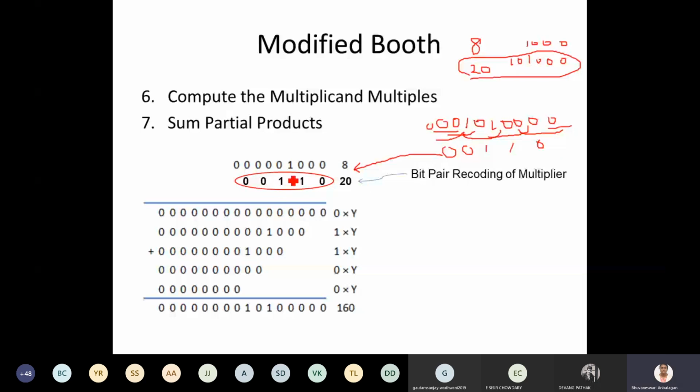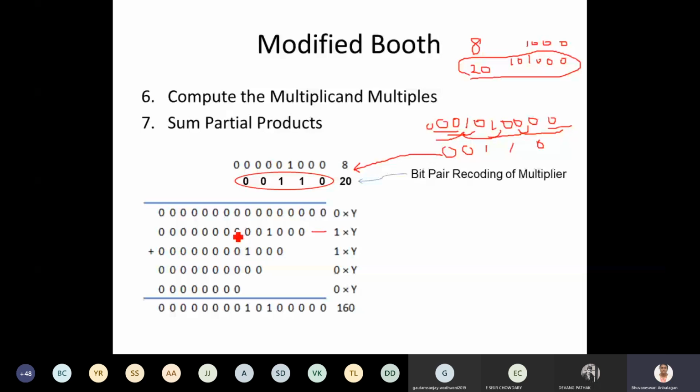Now you do the multiplication in the usual way. 0 into 0, all the values will become 0. And then you have to leave 2 spaces here. You have to move 2 digits over here, and you have to write 1 into all the 8's binary equivalent. So you will get the value as it is. Again, you are going to multiply by 1. 1 into 0, 0, 1 into 1, 1. So the value will come over here. Again, 0 into all the values will become 0 over here.